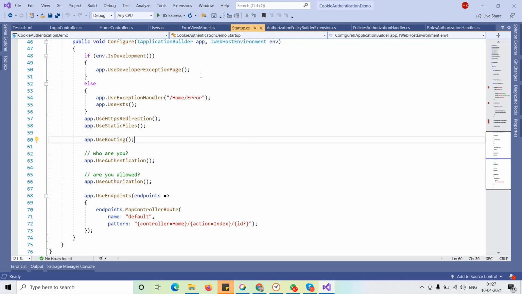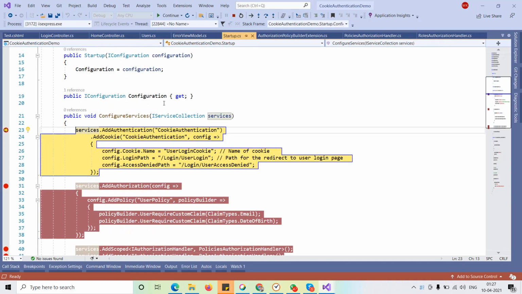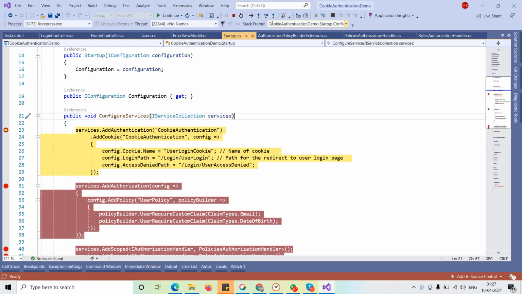So let me start the application, and let us check if it is working fine or not. So you can see the application is started here. Okay, so first of all it will set the name of the cookie and all that stuff. So I have created a static name here.